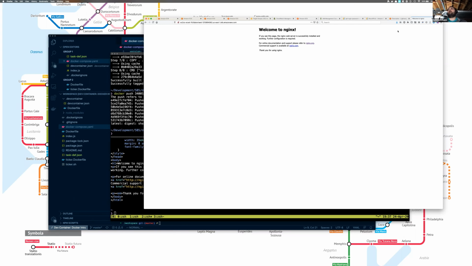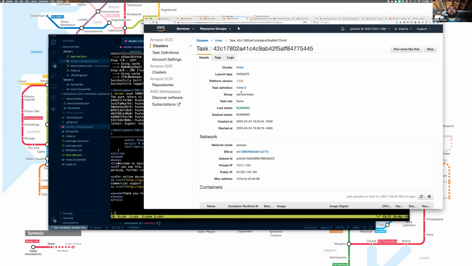But we don't want Nginx. We want our stuff, because our stuff's more complicated, has shared volumes. So it's going to be cool. All right. So to do that,